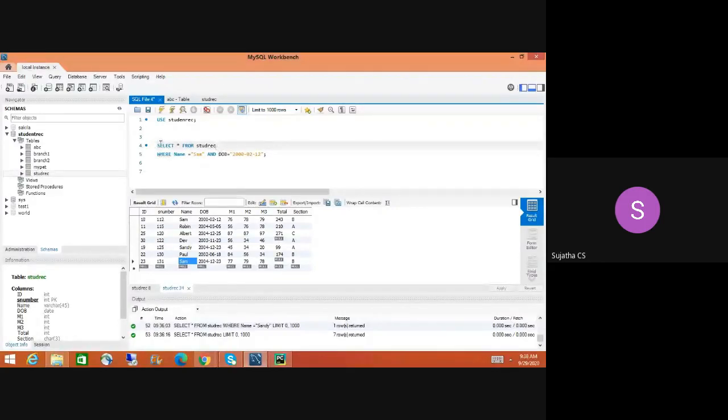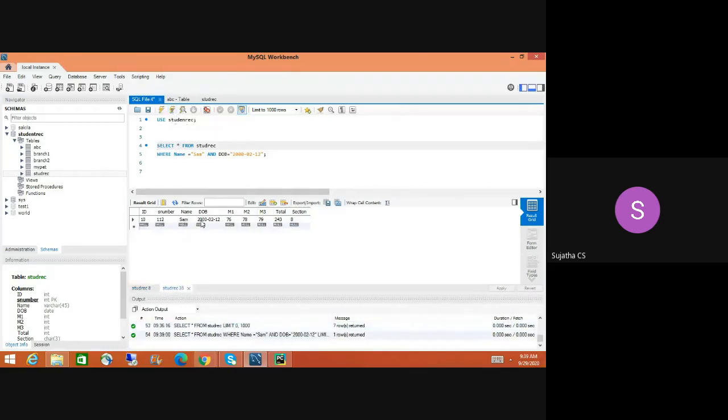Okay, if I put a semicolon here after where name equal to, this is not a separate statement. I have to use the select statement, and only inside that select statement can I use the where clause. That is why whenever I put a semicolon here, it will throw me the cross error mark. Okay, let me run this. It will give only Sam, and then it will satisfy these two conditions.